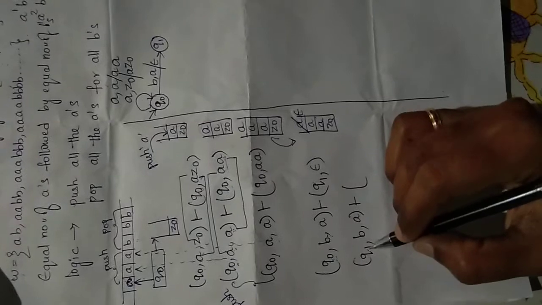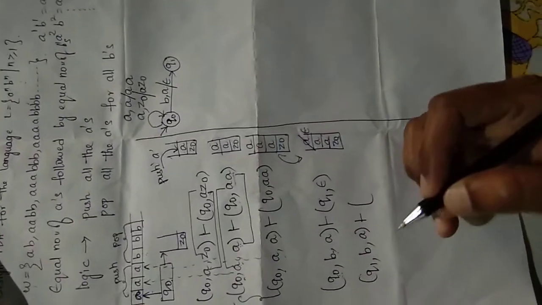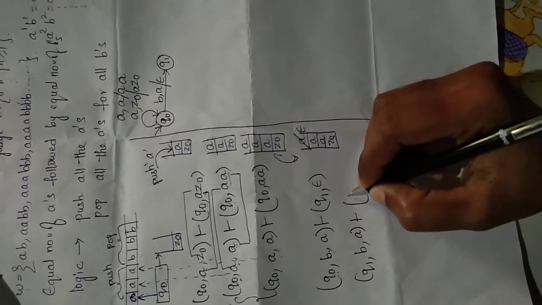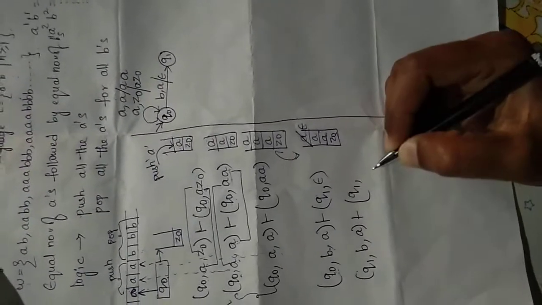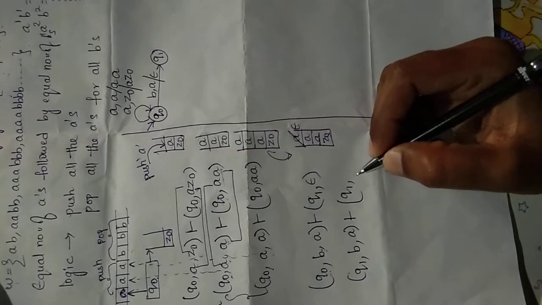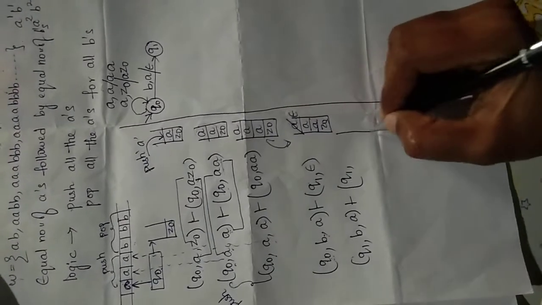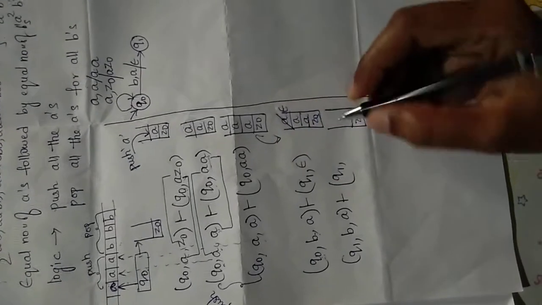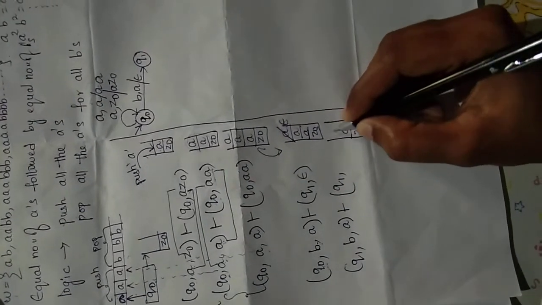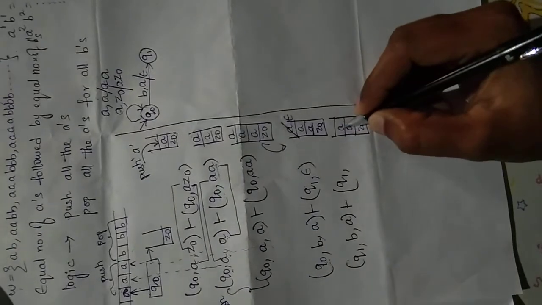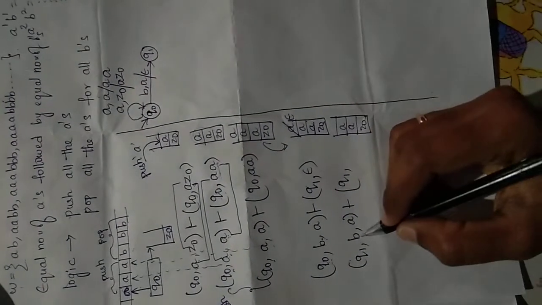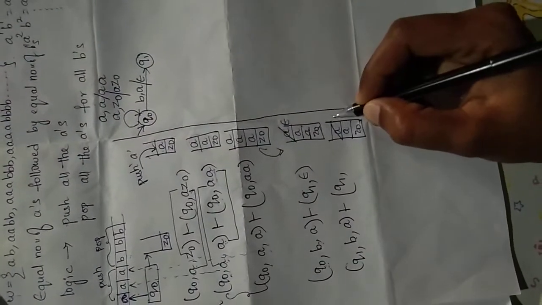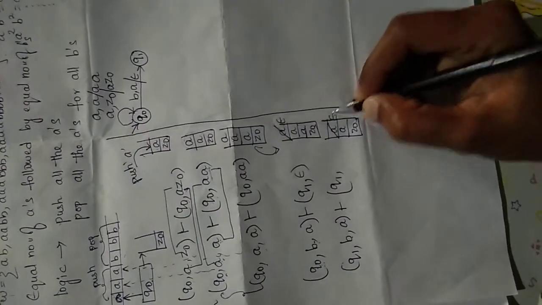Now presently we are in the Q1 state. What is the Q1 state? The popping state. Now what are you doing here? Popping only. So stay in the same state, Q1. Now I remove one more symbol, A, from the stack. Now after removing this one A, what is the stack representation? Like this, we have two A's. Now what is the top of the stack? Here A. Now for this B, I want to remove this A from the stack. If you are removing this one, this place is empty and that is represented with epsilon.